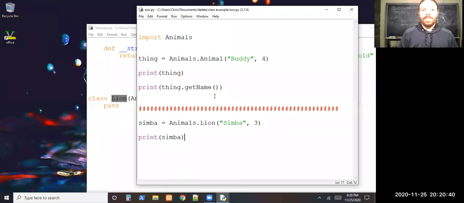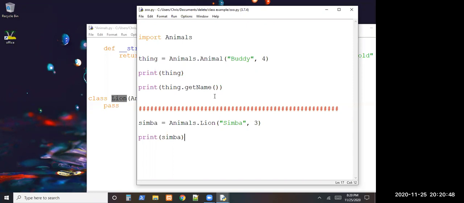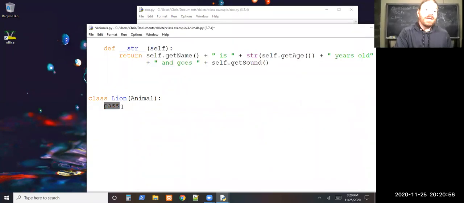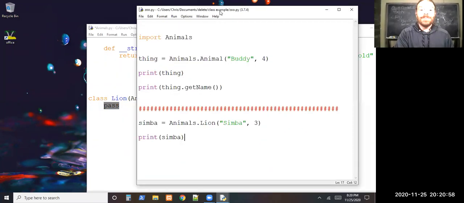I don't think we've seen the word pass, have we? So that just means don't do anything. Anytime we have to have something there, we can't leave this blank, but there's nothing to do. So pass just tells the interpreter to keep going. Nothing to see here. So if we print that, when we run it,